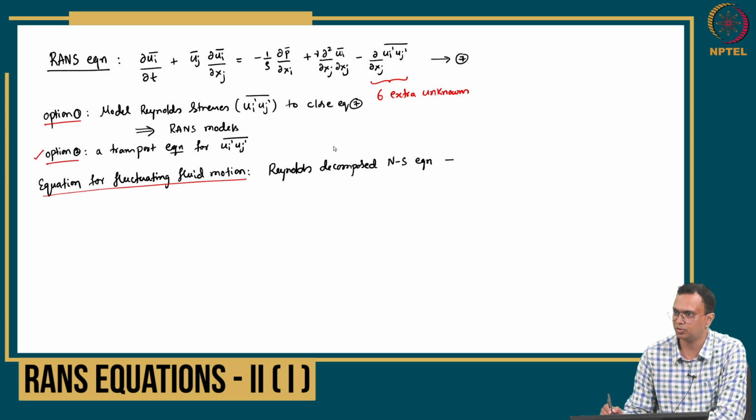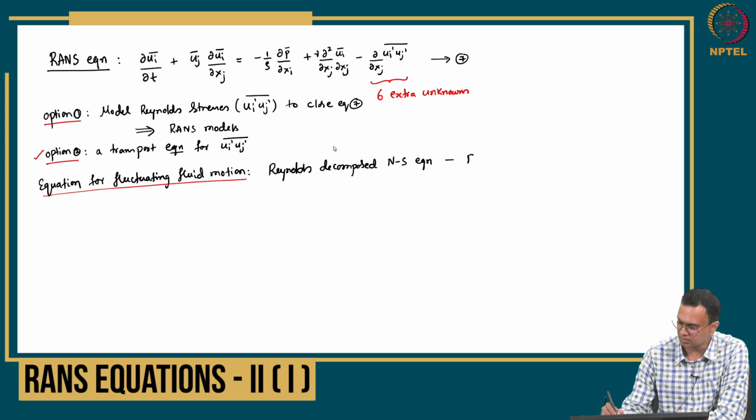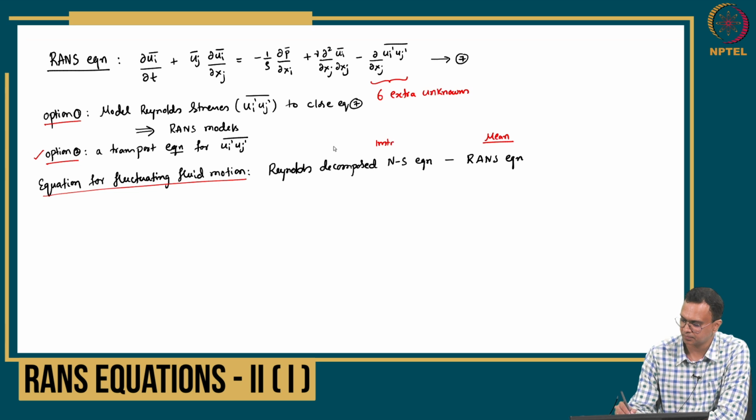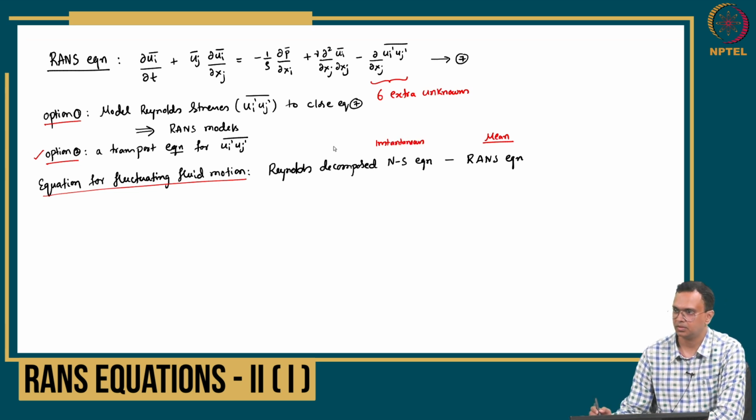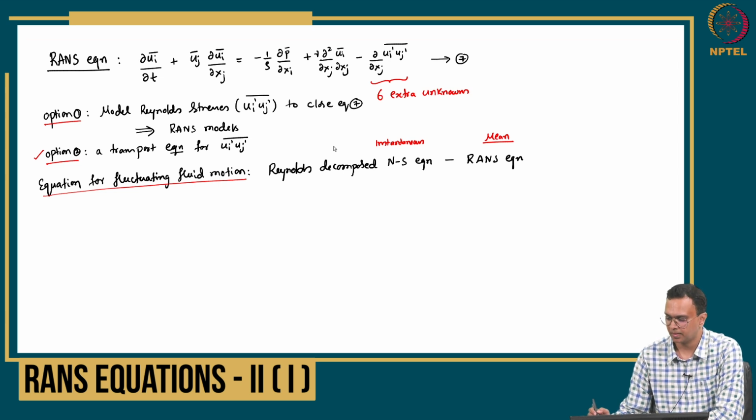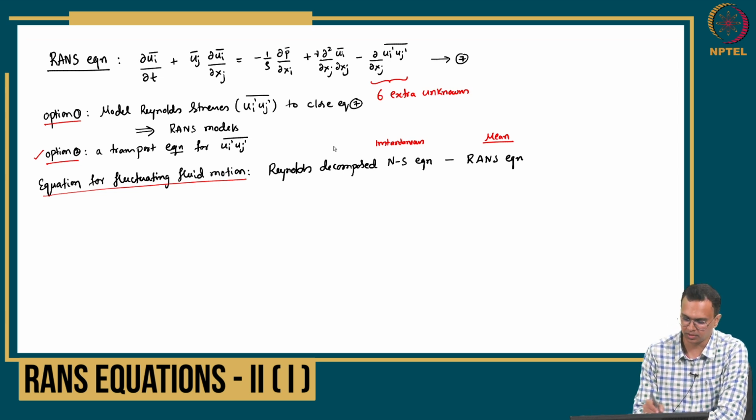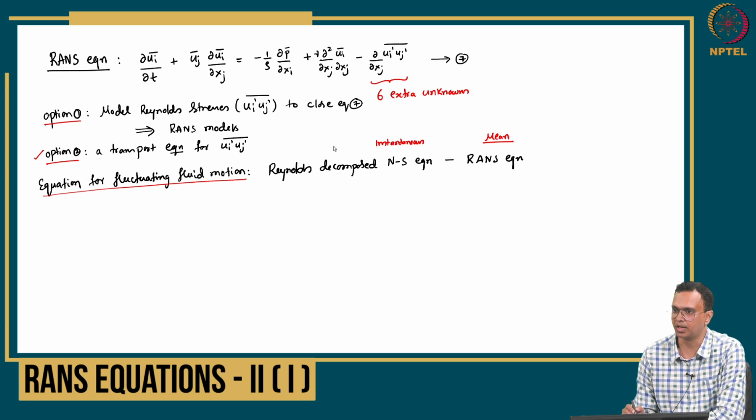So basically you take out the RANS equation terms, subtract them from the Navier-Stokes. Navier-Stokes is the instantaneous and the RANS is the mean. Instantaneous minus mean should give you the fluctuations,